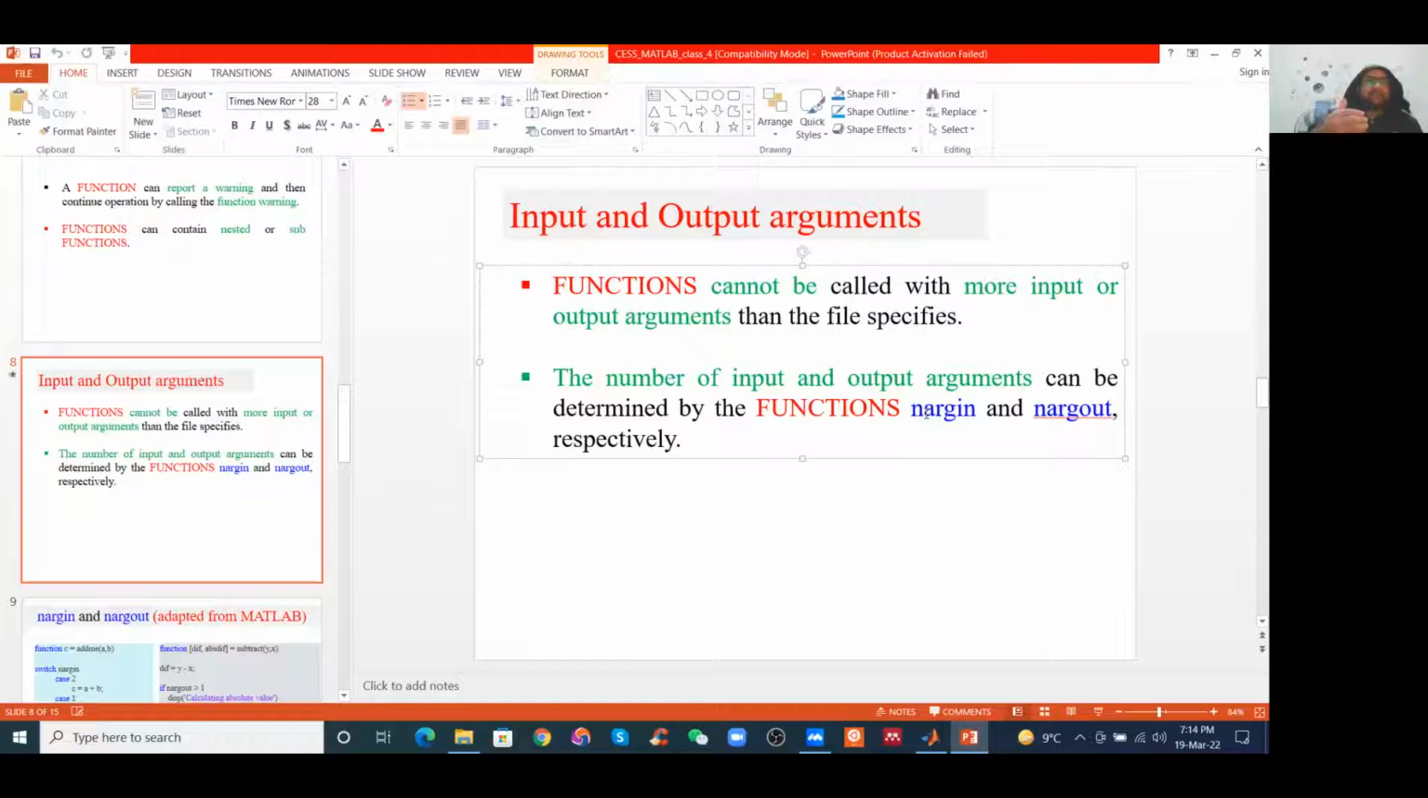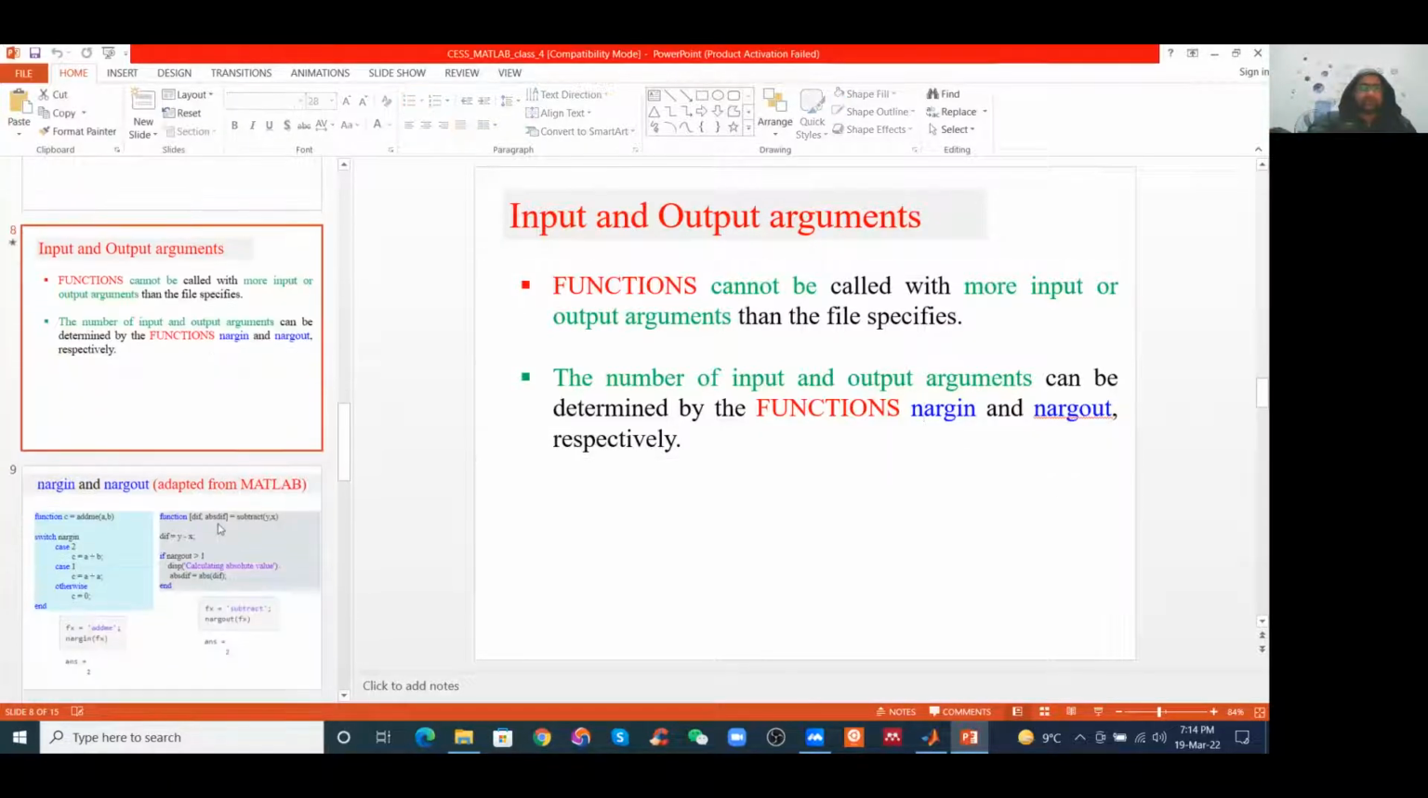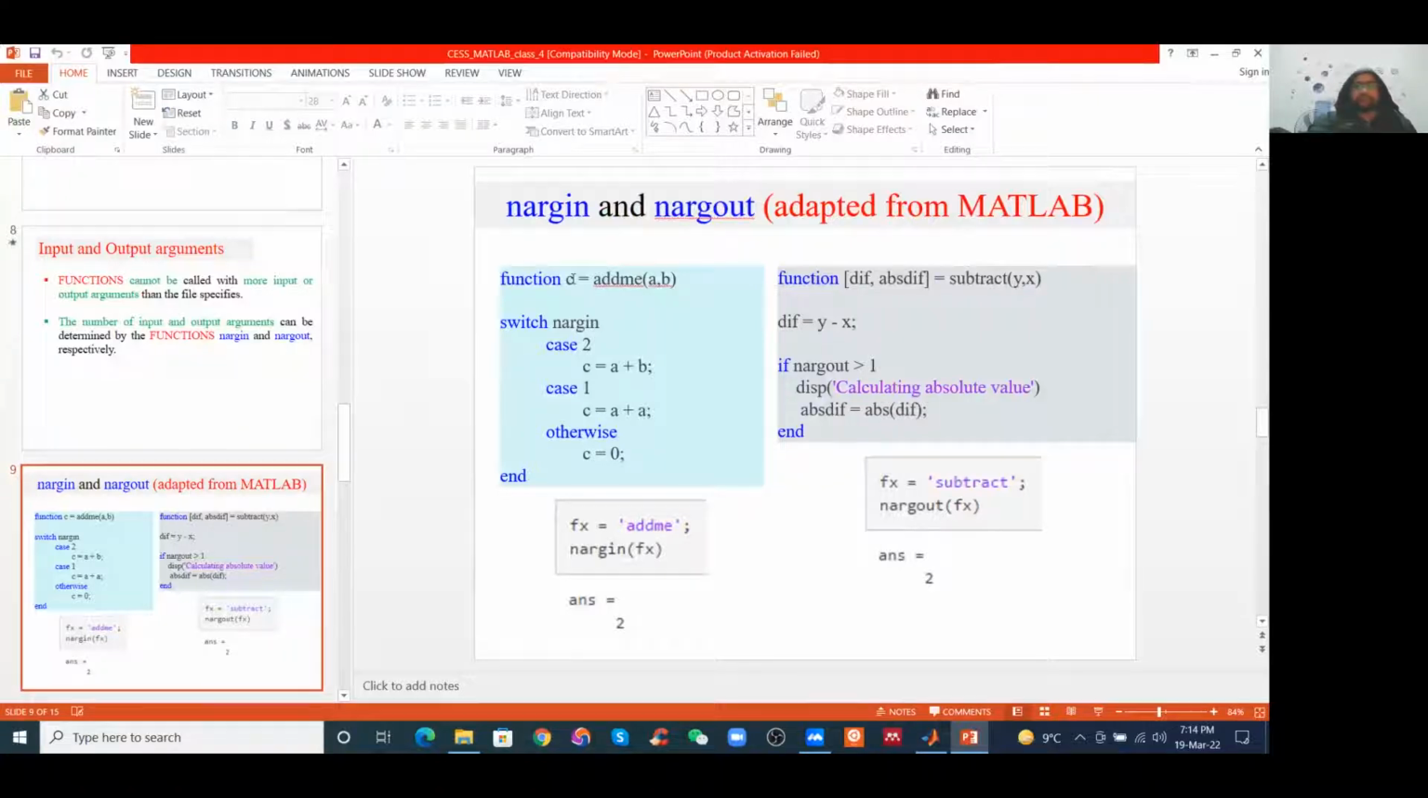If we use more than two inputs, then it will catch how many inputs you used. Then it will give you a warning. But if it is the same, then it will give you the result. So we can know the number of input and output arguments by the built-in functions, nargin and nargout. Okay. For example, like